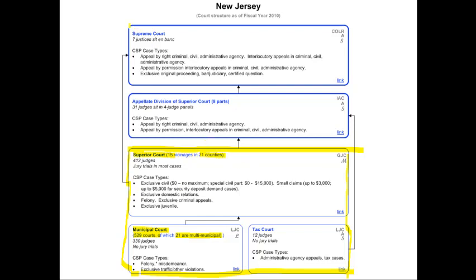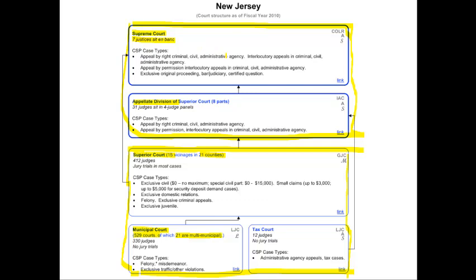And then up here we have the appellate section of the New Jersey courts. As we said before, we have a 2-tier court system, and so here's the appellate jurisdiction tier. Up here we have the Appellate Division of Superior Court in New Jersey. And then we have the Supreme Court of New Jersey, which has 7 justices sitting en banc. So all 7 rule on each case, somewhat similar to the U.S. Supreme Court, where all 9 judges sit en banc and rule on one case at a time. And in New Jersey, Supreme Court justices are appointed by the governor.